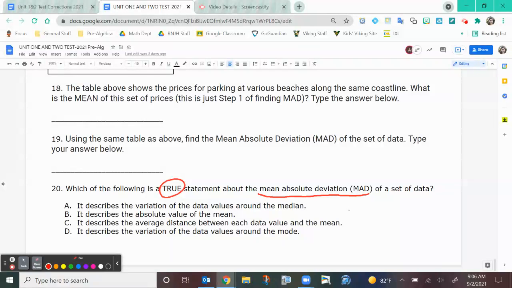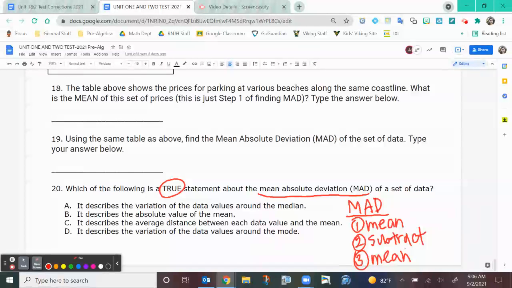So on your recording sheet here, I want you to write down MAD, and I want you to write the steps. Mean, and then the second step is subtract. And then the last step is to find the mean. So we want to know which definition is lending itself to this process of finding the mean, subtracting, and then